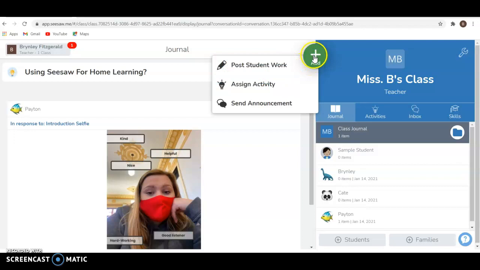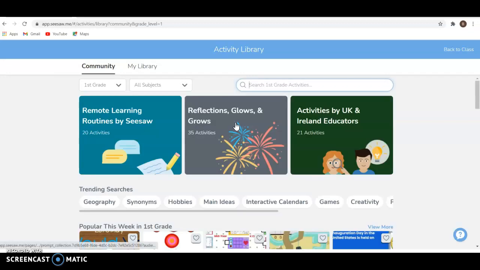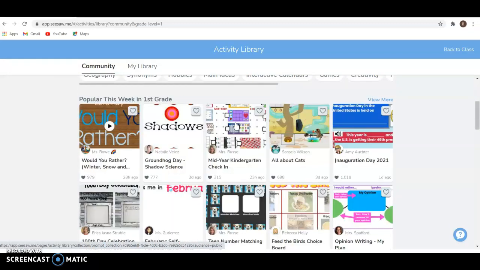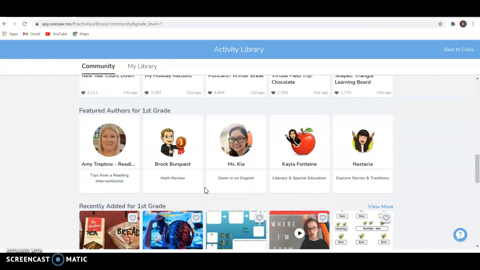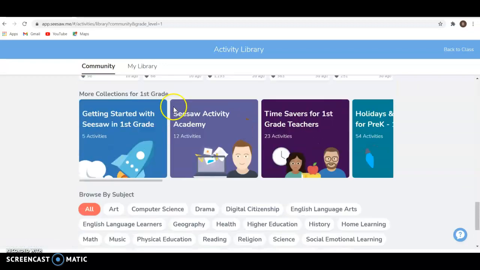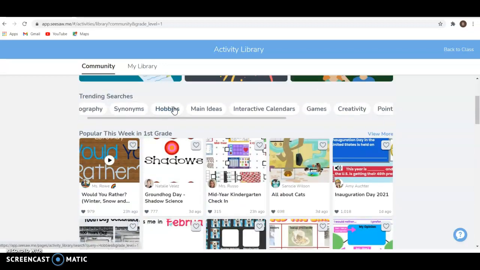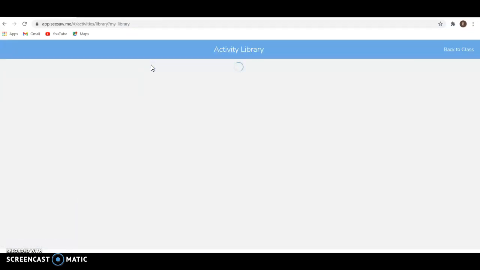So first things first, we're going to go up here and click on to add. We're going to assign an activity. And one thing that's really cool about Seesaw is if you're struggling to come up with an idea of what you want to incorporate in your classroom, you can go to the community page and you can actually look at what different teachers have been assigning to their students on their end, which is really cool and awesome. You can also search by subject. So if you are doing something in the geography portion and say you're a 7th grade teacher, you will pull up videos from those 7th grade teachers, which is a really great way to share your work and collaborate with other